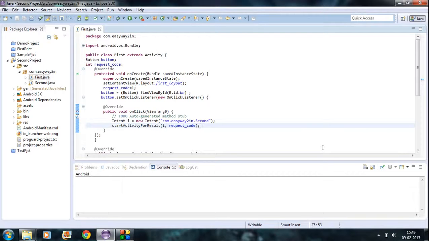In the ninth part of this tutorial, I am going to explain how to pass data to an activity using the intent object. In the previous example, you already saw how to invoke an activity for result using an intent object, but here, instead of that, we are also passing some data using the intent object to the target activity.